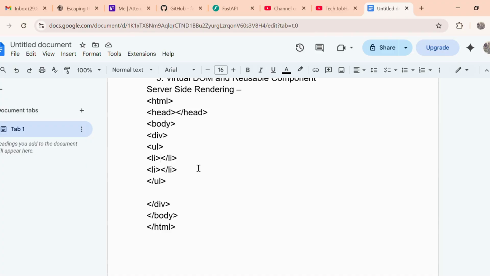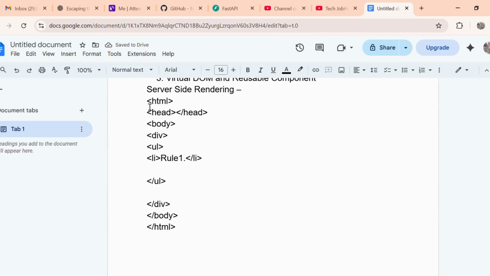Okay, so this is the DOM element structure, the previous structure you can say, and here this is row 2. So here if you are removing the row 2 li,